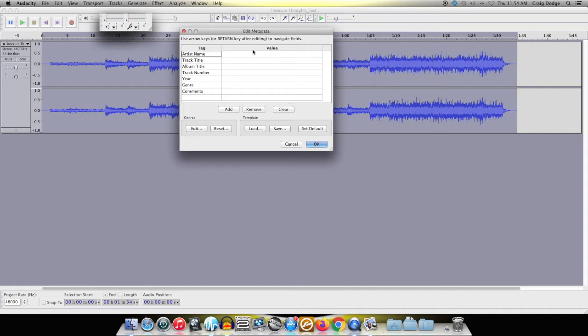So this is where you're going to import or put in the information that is attached to the track. So obviously you're going to put your artist name in. There's a few little tricks that I try to use here. I'll put my email address right up top, just because immediately they know they can contact me. And if they like the track, they don't have to scroll down through the other metadata. If they just like the track, and they know they can email me right away, and I'll get back to them. So the track title,